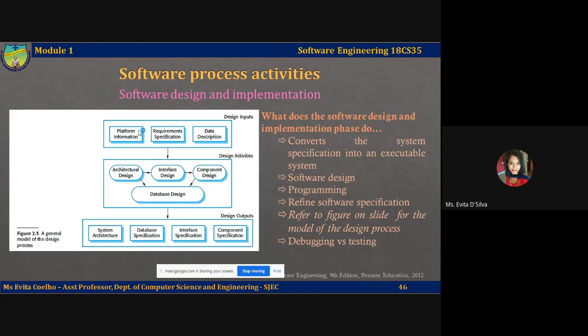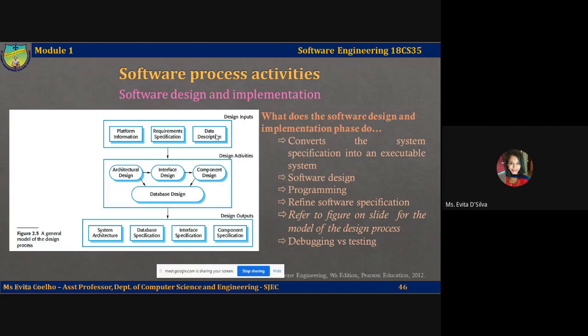Platform information may include information about the operating system, the database, and how your software is supposed to interact with other application systems. The second kind of design input, the requirement specification. The requirement specification is the description of the functionality that your software will deliver. This may include functional requirements which define what is the output that is going to be produced by your system. The requirement specification will also include the non-functional requirements which may define how reliable your software system is. Is it available whenever it is invoked? Your requirement specification may also write about performance requirements, which may include how quickly your software responds to user input.